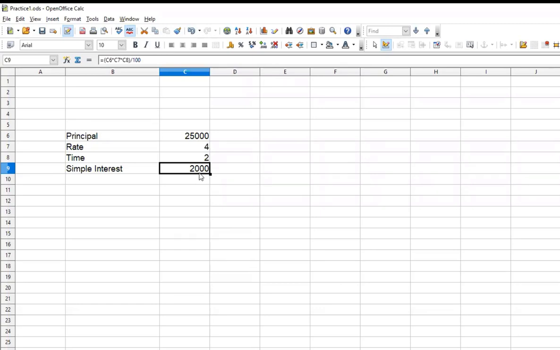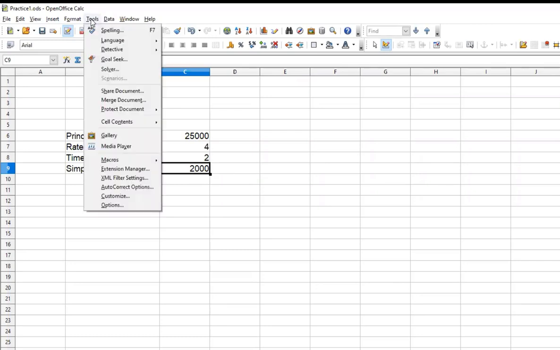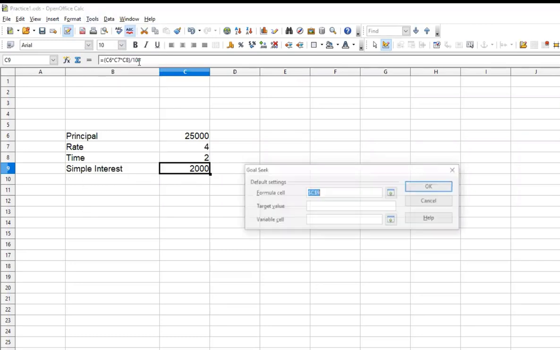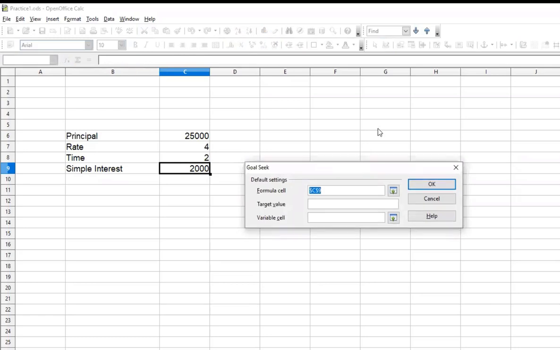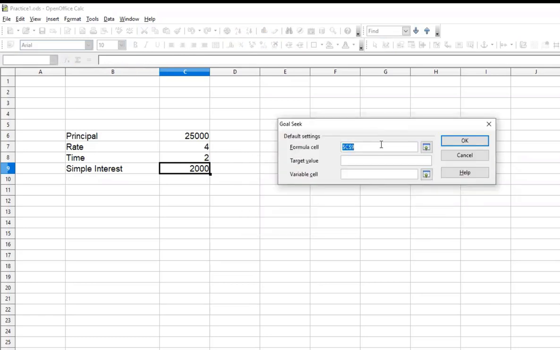Okay. Now let's see. Keep a cursor over here on which you have written the formula. Even if you keep it somewhere else, you can come back to this. So I'm just keeping my cursor over here on the formula, and then I go to Tools. Then I go to Goal Seek to seek my goal, which is the formula cell.